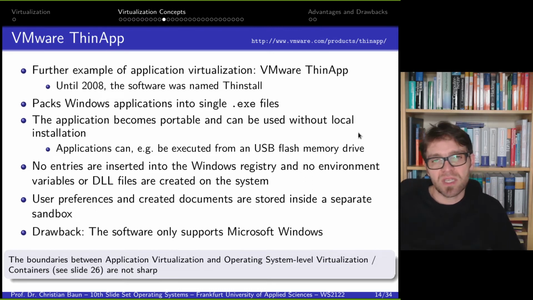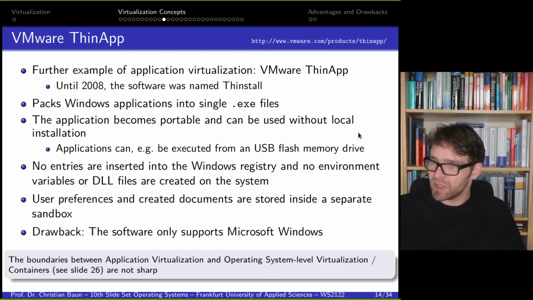So SynApp is one example where you can pack Windows applications into single executable files, and these executables include everything which is required to run the isolated application, the libraries, and so on,